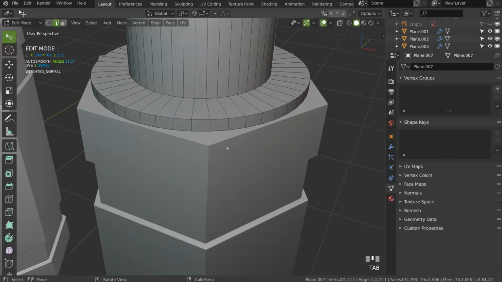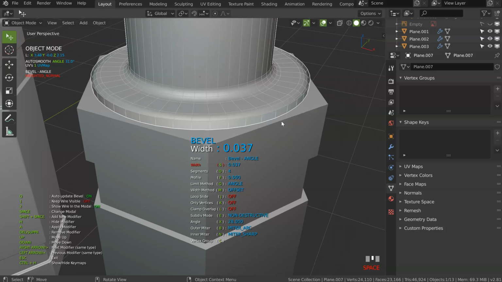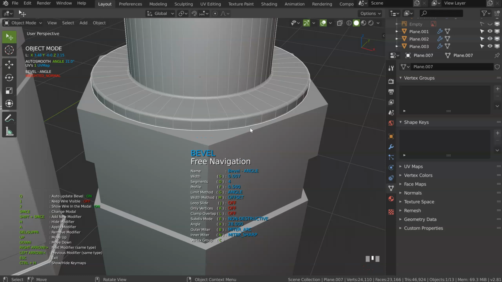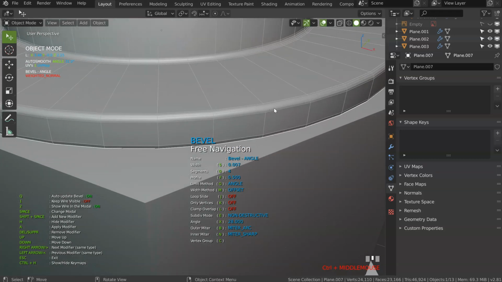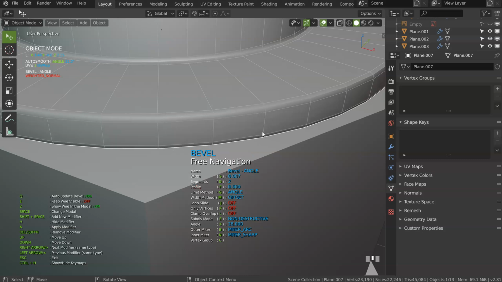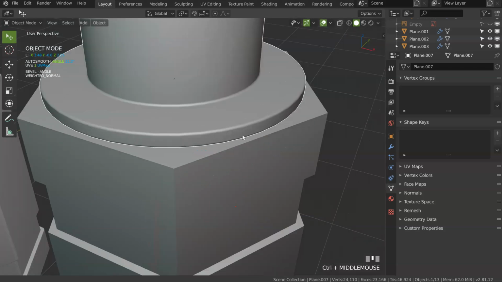Let's comment this one first. Let's first add a bevel like that. And on this one you can do whatever. You can use the bevel like that, or if you want you can decrease it to 2, the profile to 1 if you prefer. This is really what you want. I like to use profile 0.5 and 4 segments. Up. I will have something really nice.